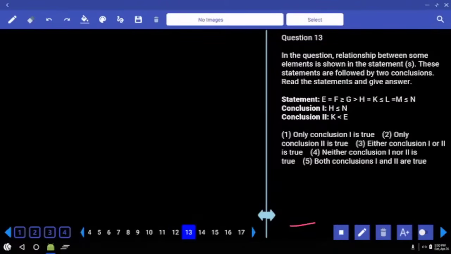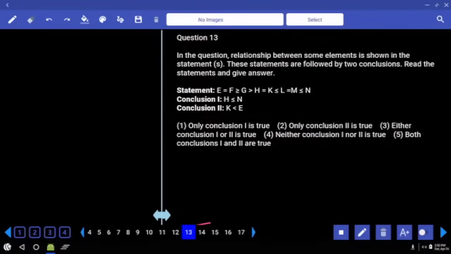Then coming to question number 13 onwards. Now 13 onwards, first or the second priority? Now first priority, the relation between H and N. Now H is here, N is here, between these two, and remove this symbol. Then which symbol is common here? Lesser than or equals. H lesser than or equals to N. The next one, relation between E and K. E is here, K is here. Remove this one. E greater than K means K lesser than E. Hence both 1 and 2, that is choice for question number 13.